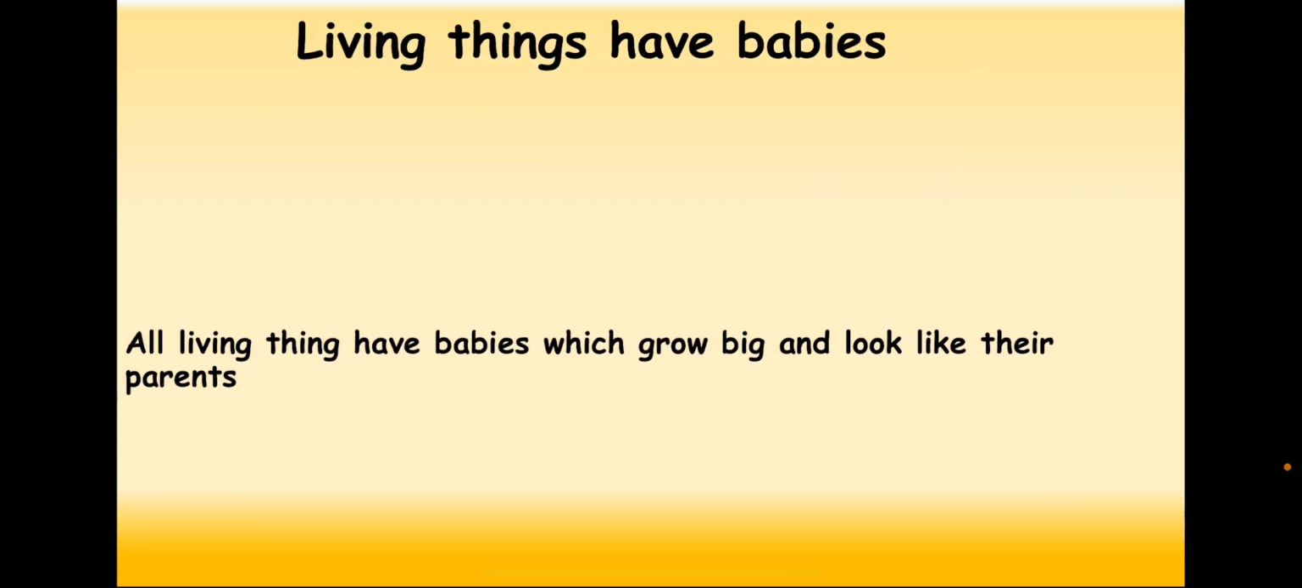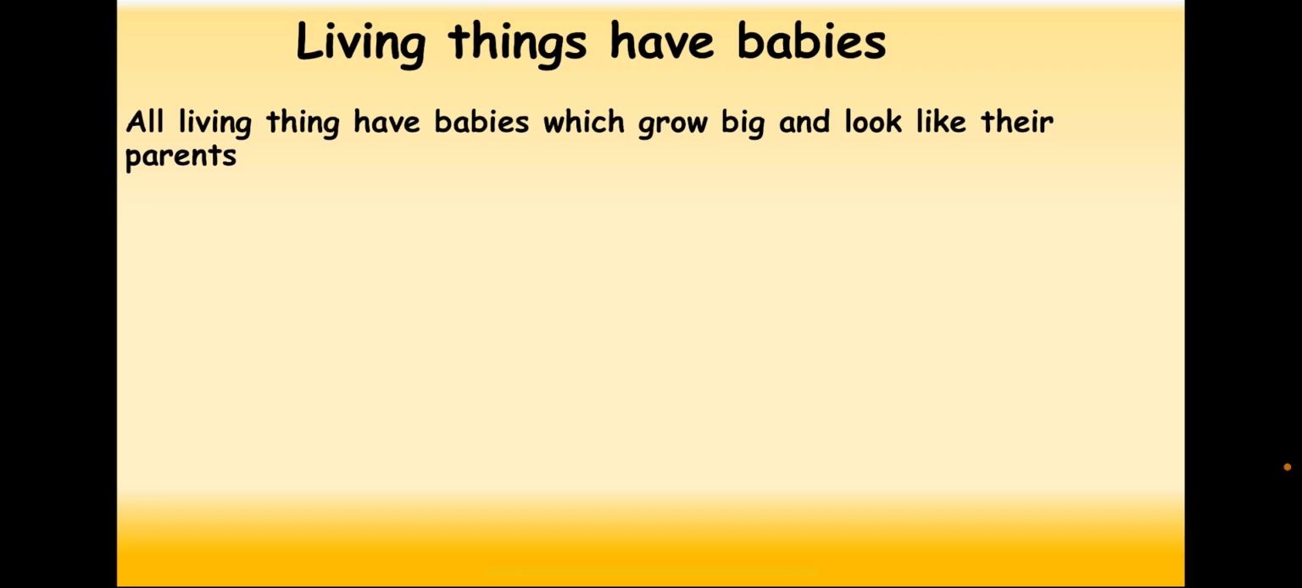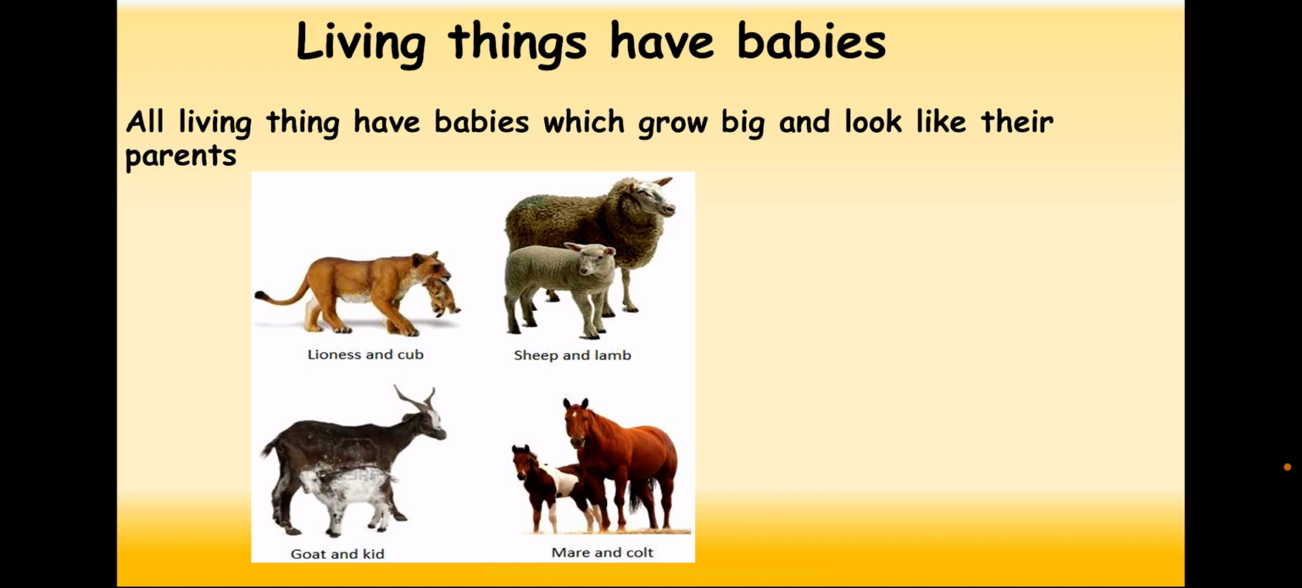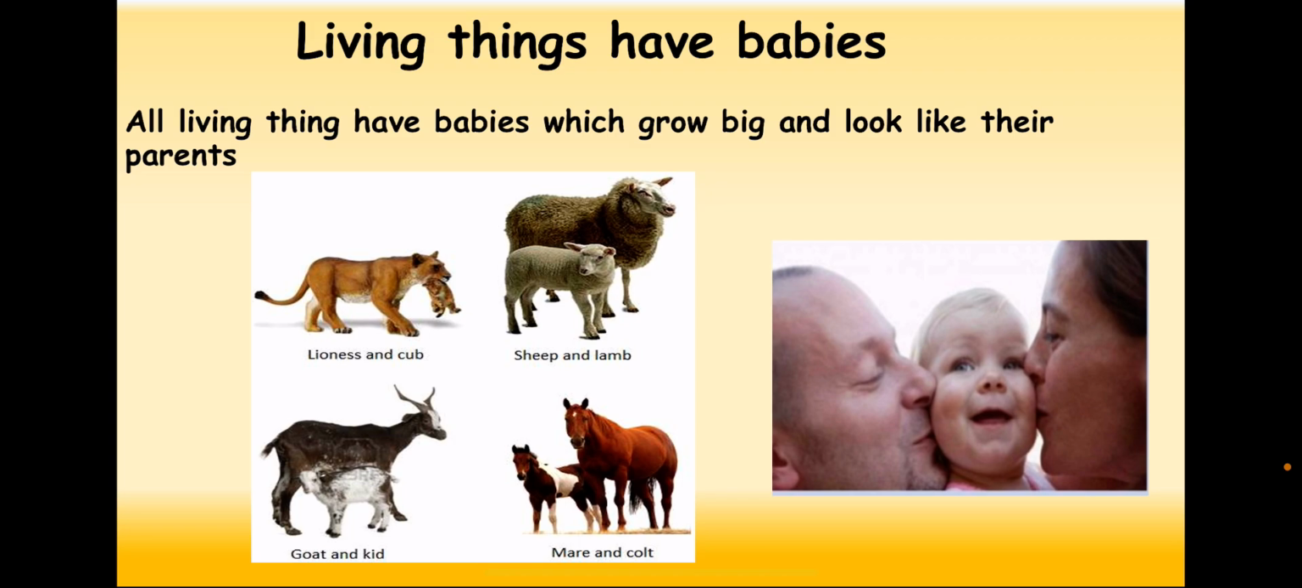Living things have babies. All living things have babies which grow big and look like their parents. Now you can see the lioness and cub, sheep and lamb, goat and its kid, and mare and colt. And we human beings also have small babies. And you may also have a small brother or sister, and you can see how they grow